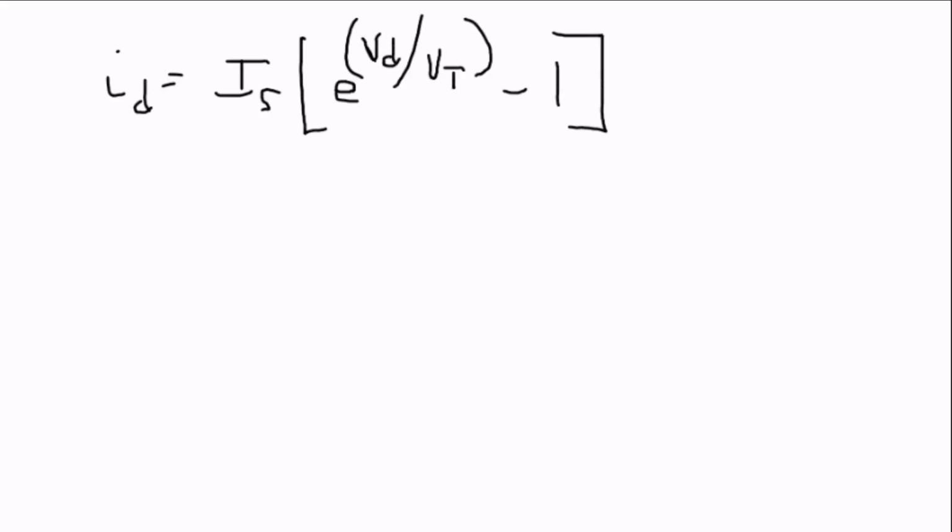So working through this algebraically, we can say that I sub S, that's the saturation current, equals current through the diode divided by e to the